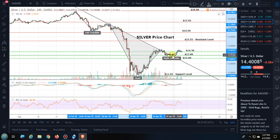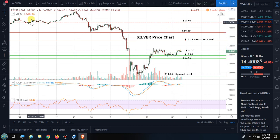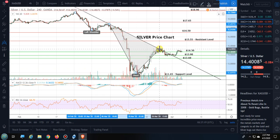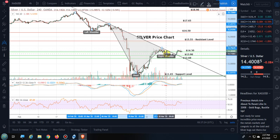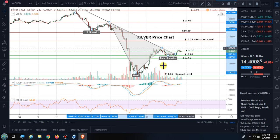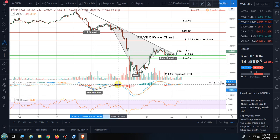For some unknown reason, it's not showing up. Let me do it again here. So we got the left shoulder here, we got the head right here. It's not really showing up that well because it didn't complete that well. So anyways, we see it right there, and the price did move higher above it. Now if we do it for the MACD, you can see the inverted head and